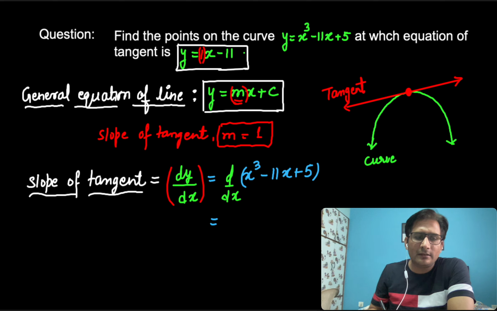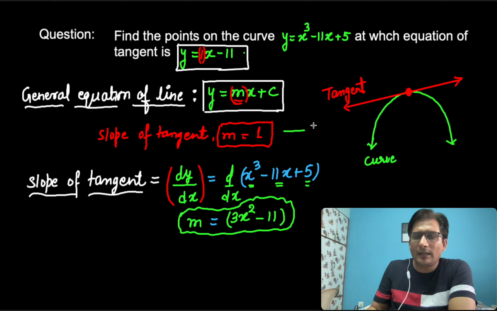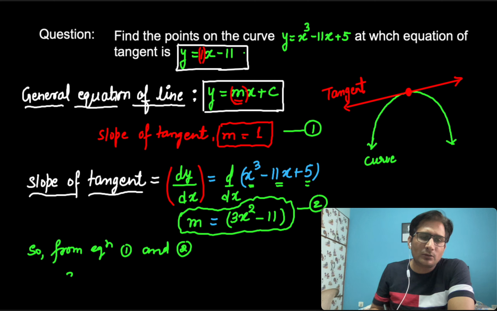If you differentiate it, the differentiation of x cube is 3x square, the differentiation of 11x is 11, and the differentiation of 5 is 0. So, this is the slope again. We can say that it is also the value of m. If you look at this equation 1 and this equation 2, both are the slope of the tangent. So, from equation 1 and 2, we can say that 3x square minus 11 is equal to